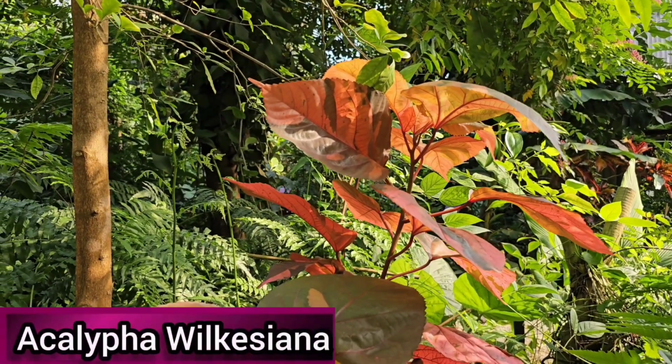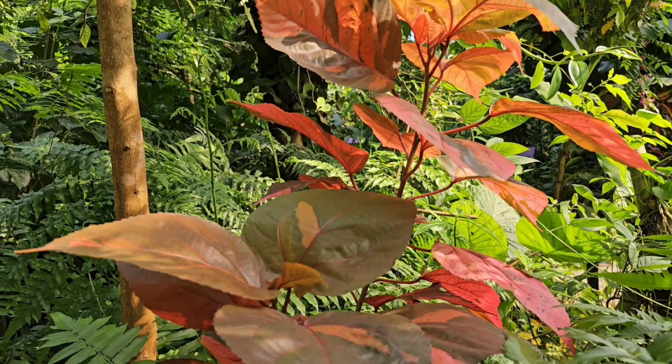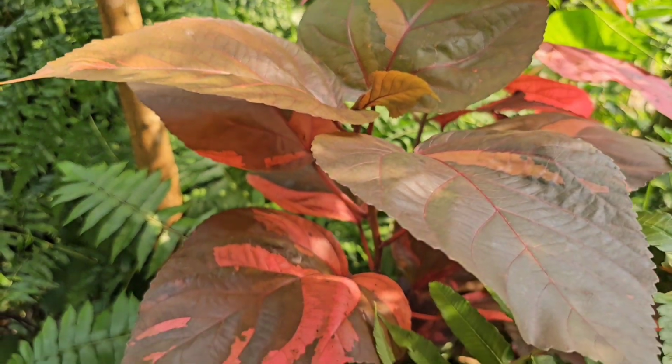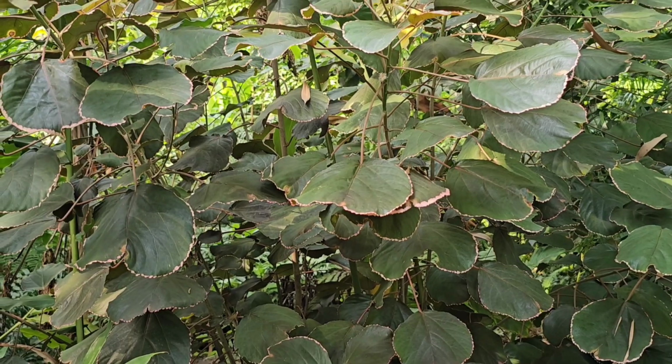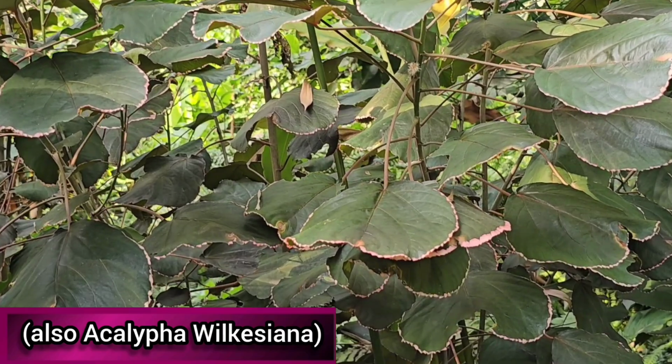Acalypha wilkesiana is commonly known as copperleaf or Jacob's coat. It's a colourful shrub growing up to 3 metres tall, native to Vanuatu and the Pacific Islands. It prefers light, well-drained soil, a shady position and temperatures above 10 degrees C, but can be grown as an